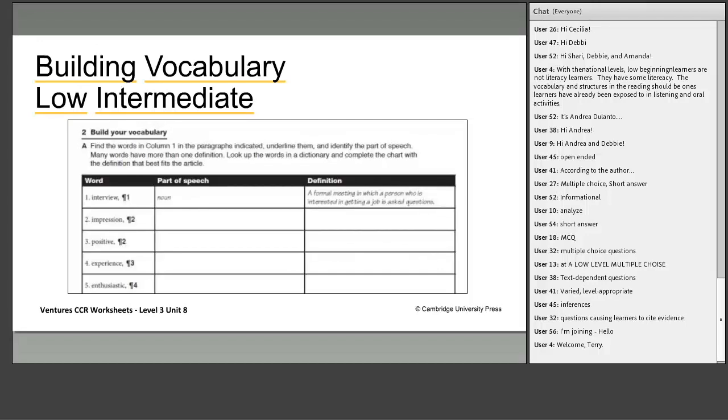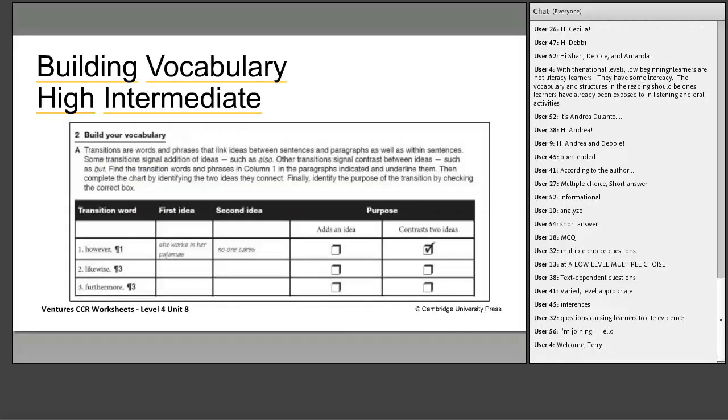They also get practice at identifying the part of speech of the word according to how it is used in the text. In this high intermediate example, based on a reading about the benefits of telecommuting, the task is for learners to find key transition words in the text. For example, however, likewise, and furthermore. Then they identify the ideas connected by these words and then decide if the purpose is to add an idea